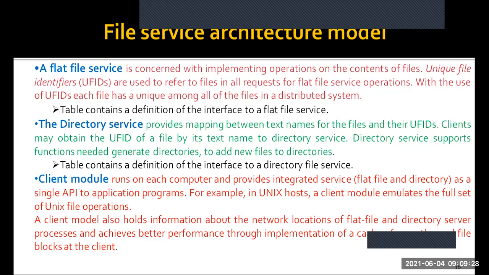And those APIs will be integrated and coordinated by our client module in order to get access from the server side. So that is the actual necessity of the client module being present on the client system. Whenever any application on the client system requires a file that is to be accessed from the server system, it uses its API to send the request, which is handled and controlled by the corresponding client module.